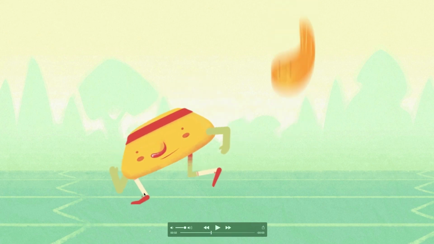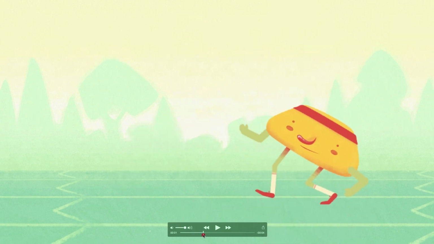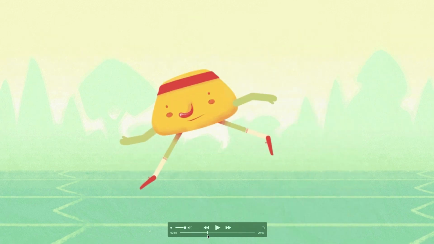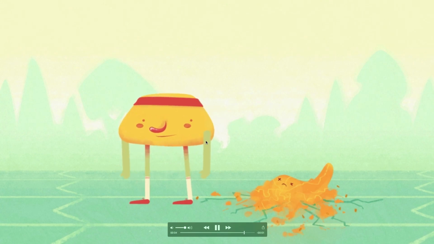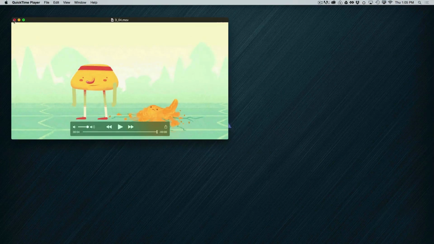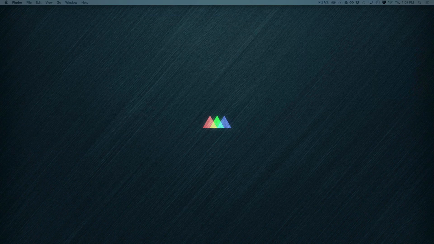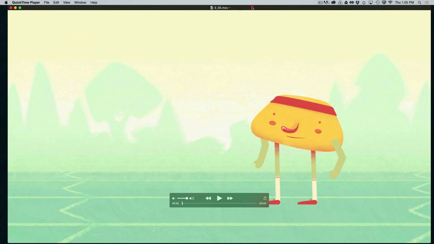And the feet also need to lock to the ground there. But this jump, that's the first real proper push-off jump we've seen. So that's working much, much better. Just needs some work on the landing there. And again, nice overlapping action there at the end. That's working really well too. Okay, last but certainly not least,